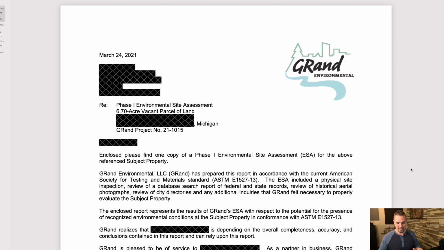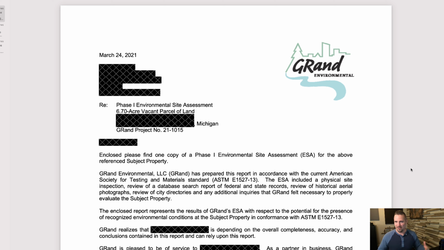And a lot of times, if there is contamination and we can determine that it was caused by the previous owner, we can figure that out before we buy the property so that the previous owner has to clean it up. Or at the very least, we can establish that I, as the new buyer, am not the person who caused this contamination. It was here already when I bought the property. So if anybody ever discovers this in the future, we can establish that at this point in time, it was there already. I didn't do it. And this is what they call the all-appropriate inquiry.